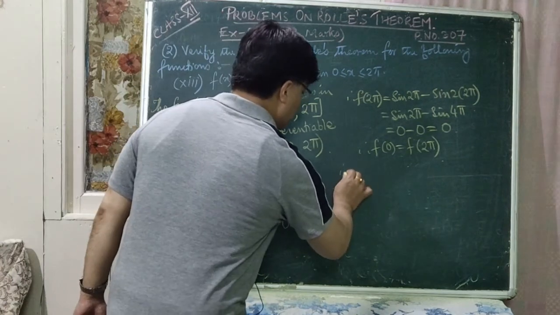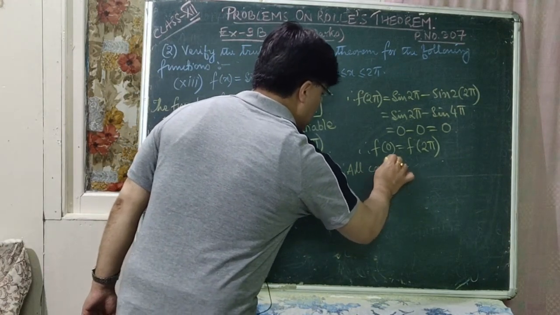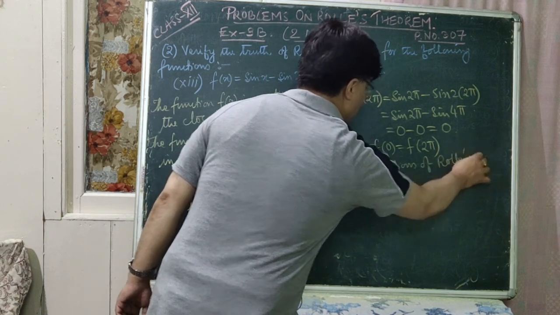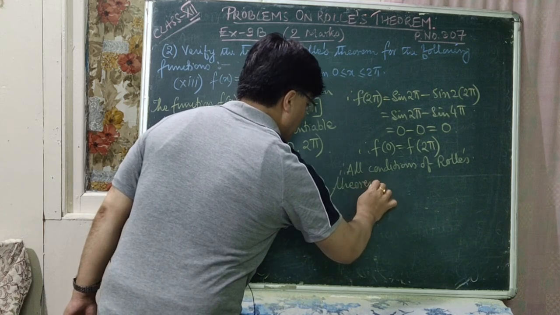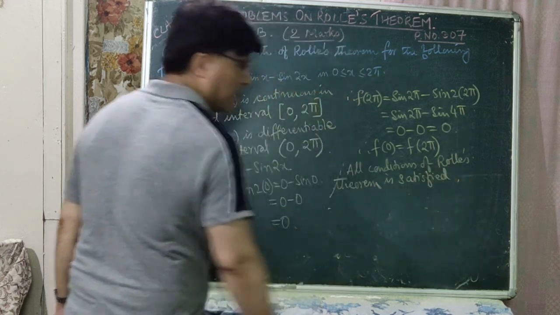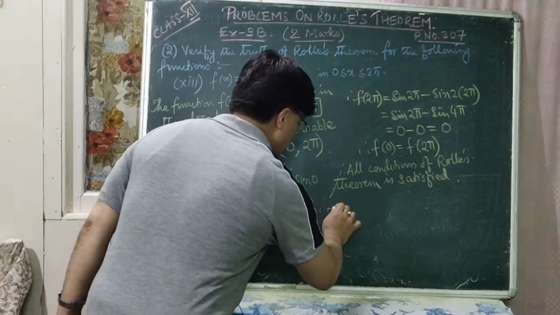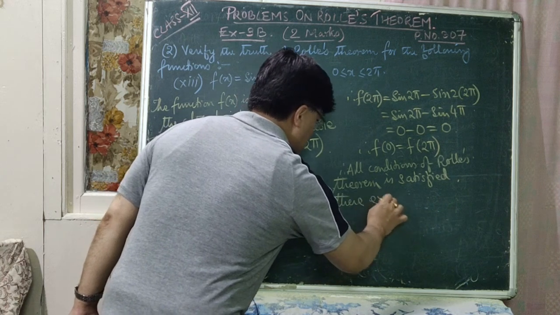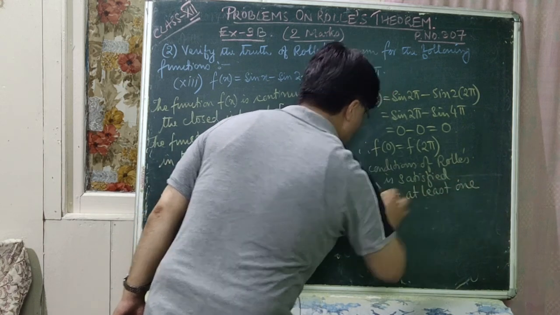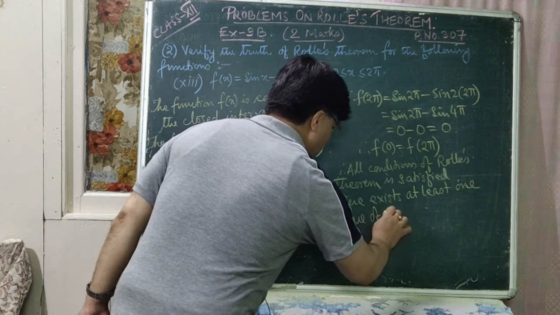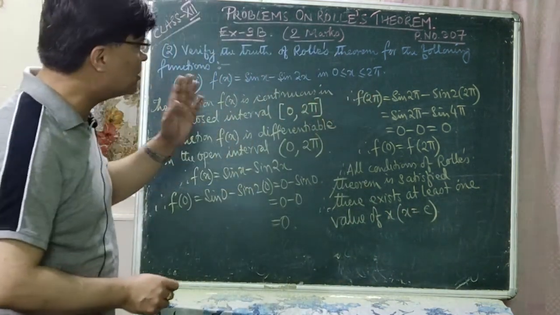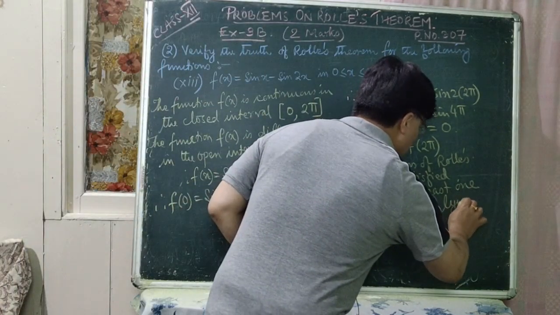So therefore, all conditions of Rolle's theorem are satisfied. So there exists at least one value of x, say x is equal to c, lying between a and b. A and b means 0 and 2 pi. Lying between 0 and 2 pi,